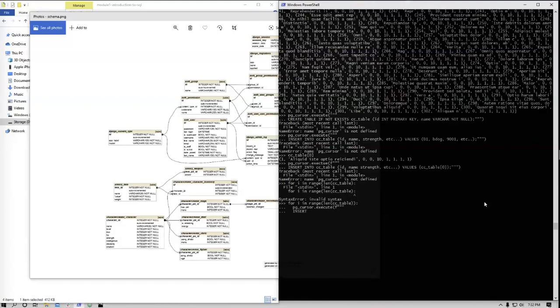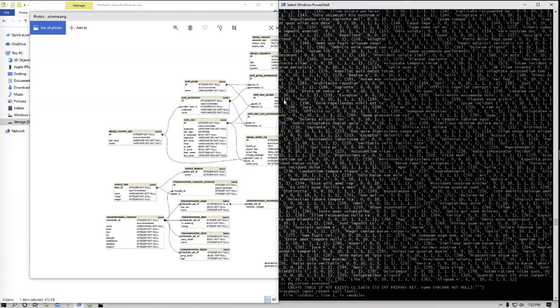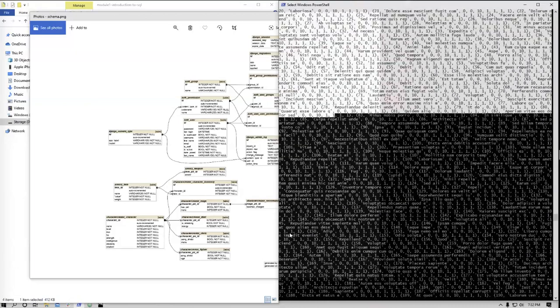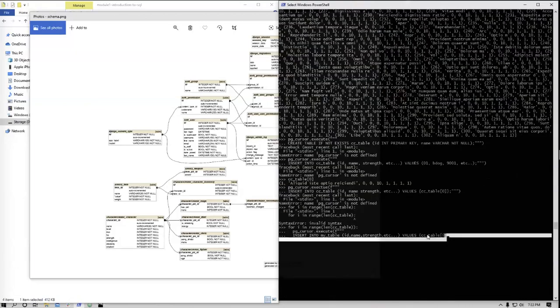Insert into my table, right? I got to give it the things that I want to give it: name, strength, etc. Values, same thing. But now instead of this, I put i in there. So now this counter that's counting down all of the index locations in this list, right? It's just going to go through and systematically execute this command over and over and over again for every row, right? Yeah. It's exactly what I wanted to do.